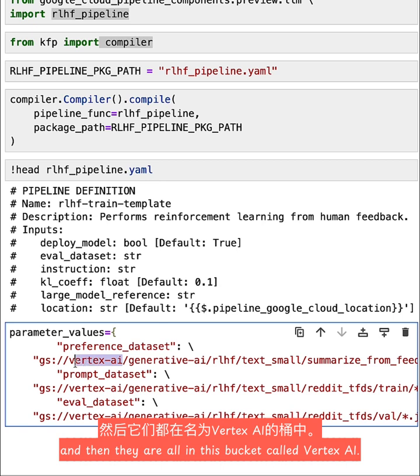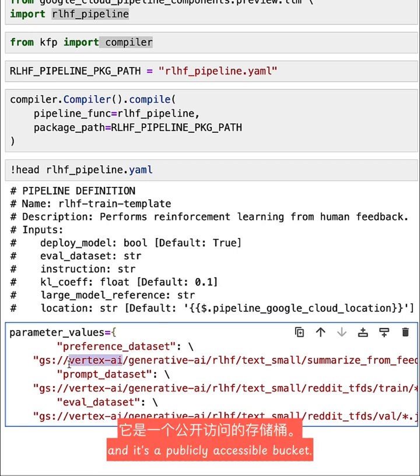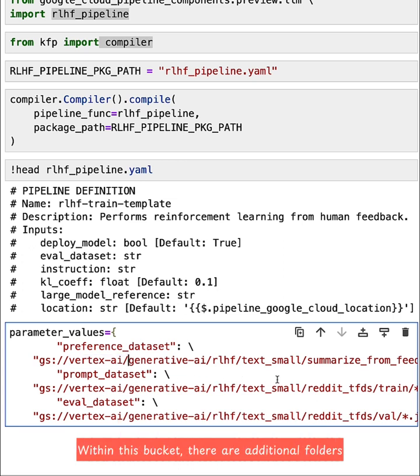And then they are all in this bucket called Vertex AI. This bucket has been created for you and it's a publicly accessible bucket. Within this bucket, there are additional folders for each of the different data sets. So for your own projects, you'll need to make sure that your 3 data sets are stored in a Google